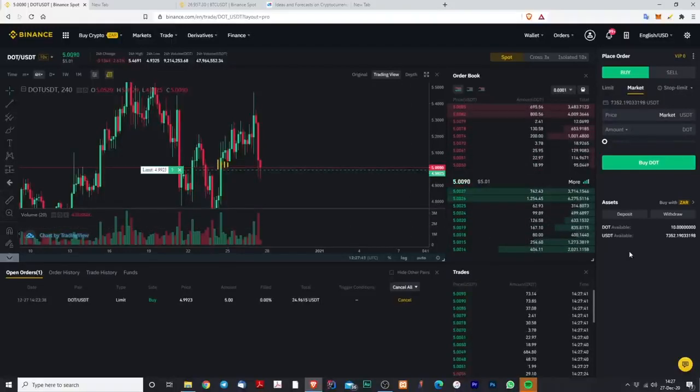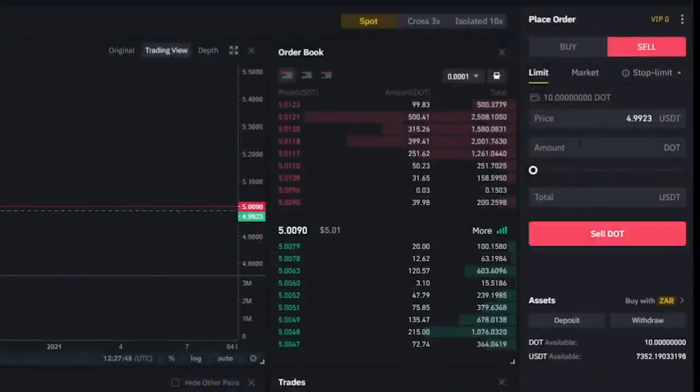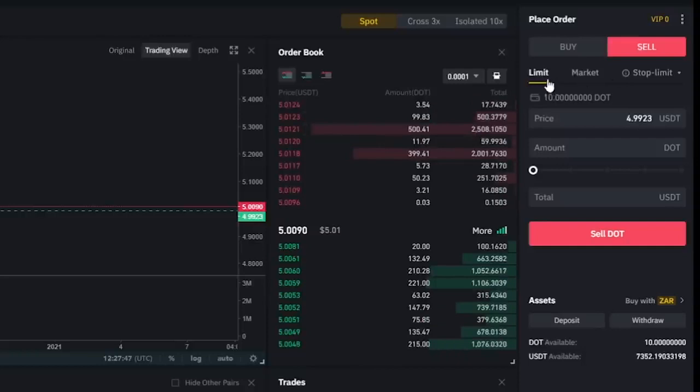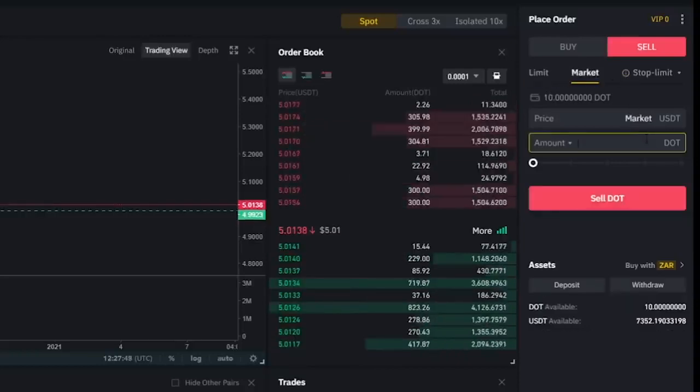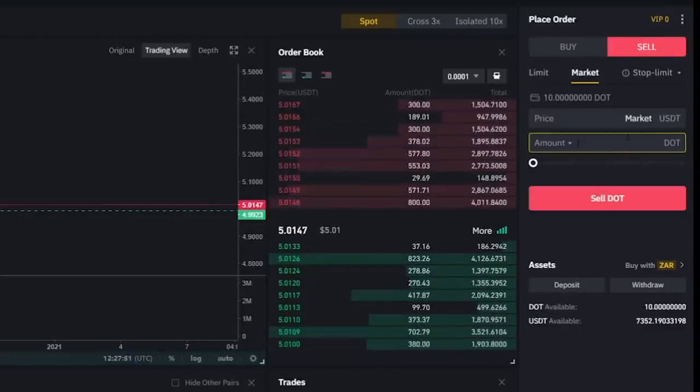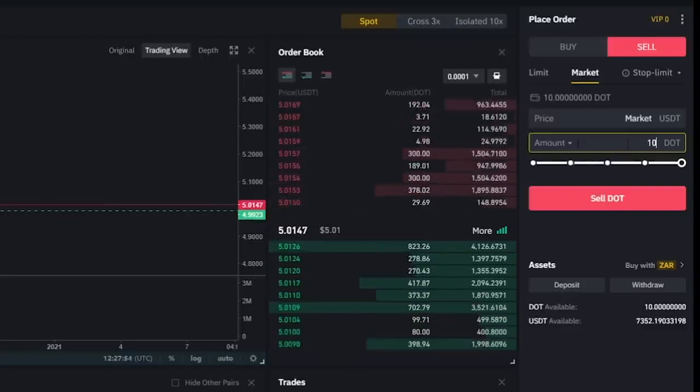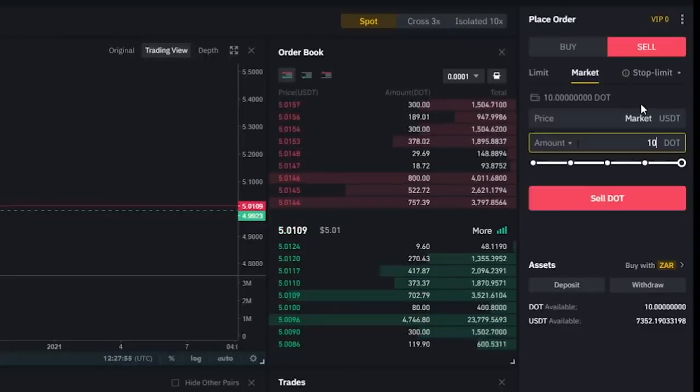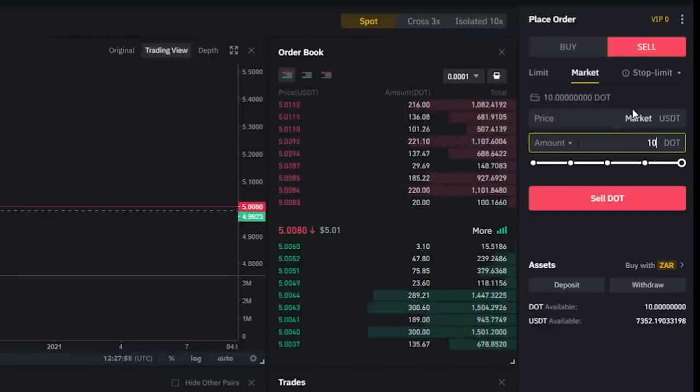The next thing I wanted to show is how to sell. Okay, so click sell. Selling, you also have limit, market, and stop limit. And market selling is the same thing. If I want to sell the 10 DOT that I bought at market, I don't have control over what price is going to sell. I will know that it's around these prices,